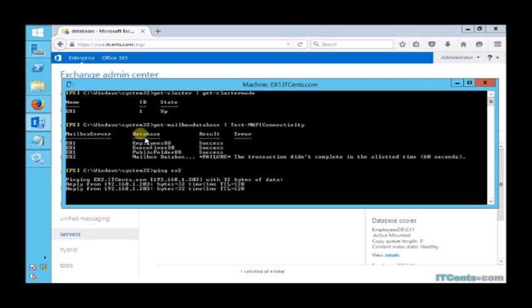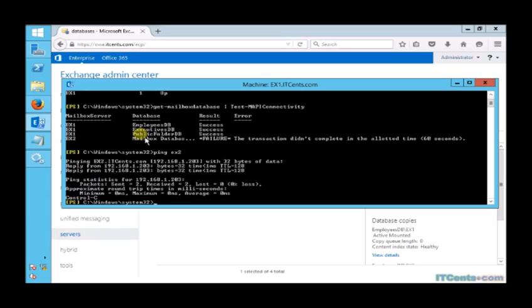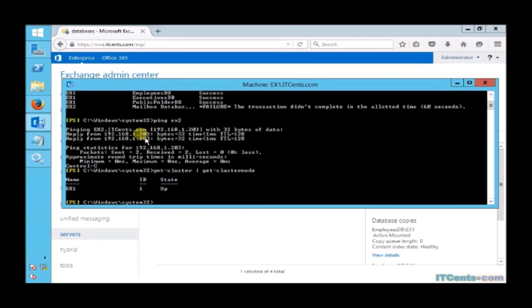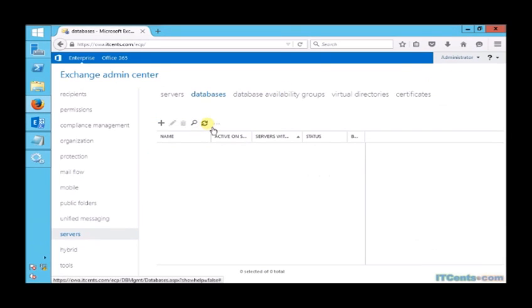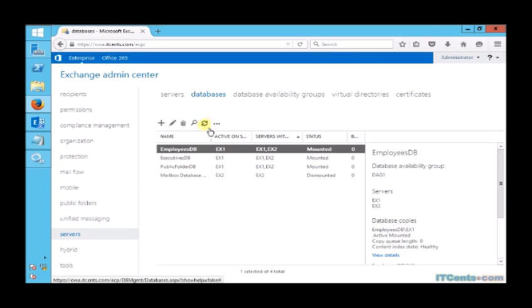and I waited like 3-4 minutes and let me execute this command now. Get-ClusterNode. See, EX2 is up. However, remember we cleared the configuration of EX2. Still, it's showing okay. Yeah, fine. EX2 is up, but no, it's not in the DAG. So what should we do? How can we make sure that EX2 can again participate